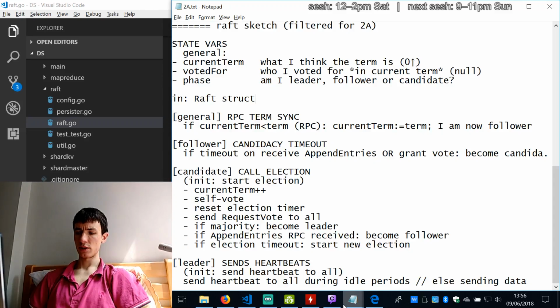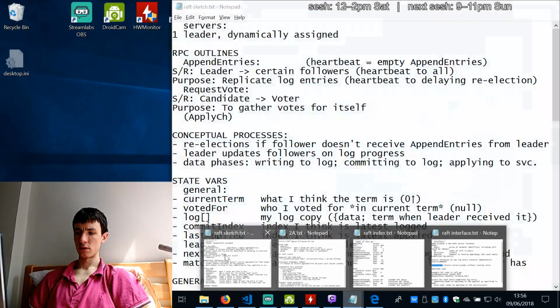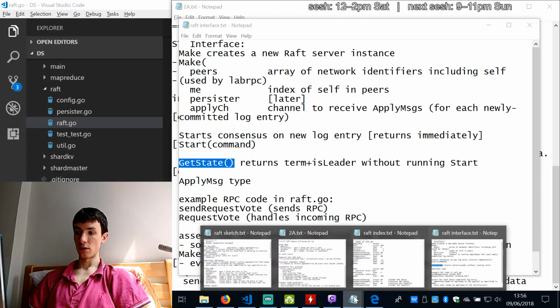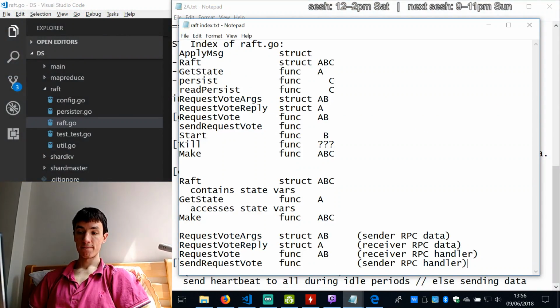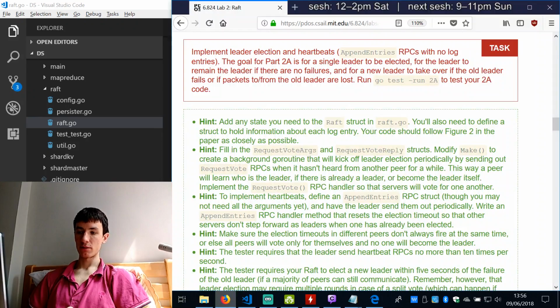What is that called? It's not called what I said it's called. It's called something else. Sorry, it's in the index. Oh yeah, RequestVoteReply. No, it's saying fill in RequestVoteArgs and RequestVoteReply struct. Oh, okay. So it's telling me to first